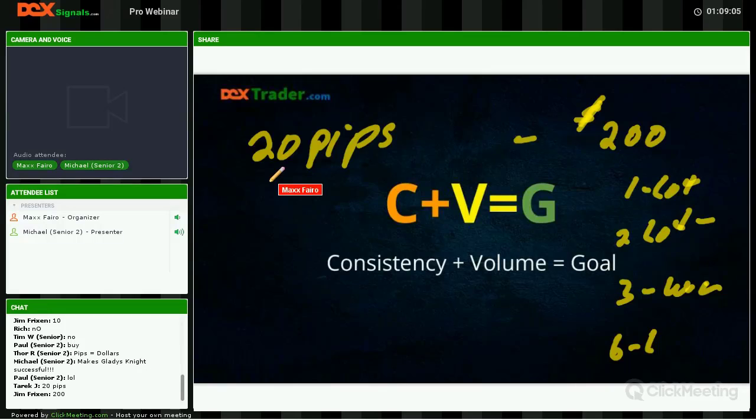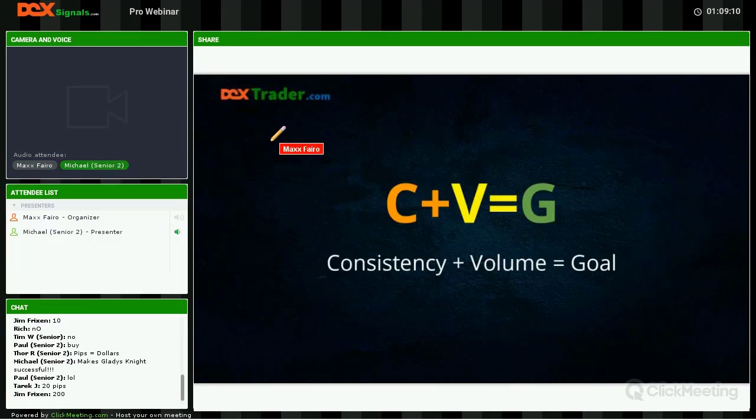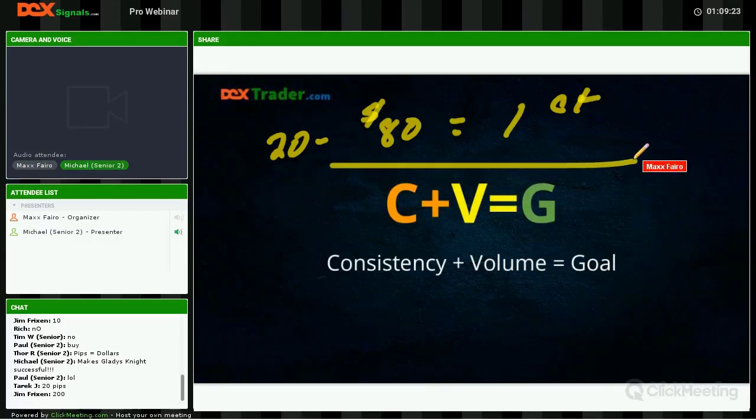This is why I talk to a lot of people when they say, yeah, I was trading, but I was only winning about 4 trades a day. And then on those 4 trades a day, I was only making $20, and I was making $80 a day. So how many contracts are you trading? Oh, I was only trading 1 contract, but I can't live on $80 a day. Oh, it's so tough. Quit your complaining. I'm telling you right now, if you don't follow this little equation here and get to that 4 or 5 trades a day, how many trades do you need to win a day to make any money?